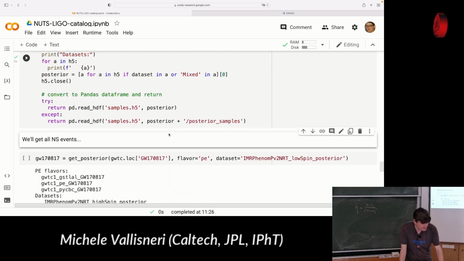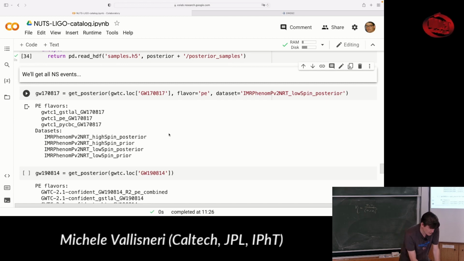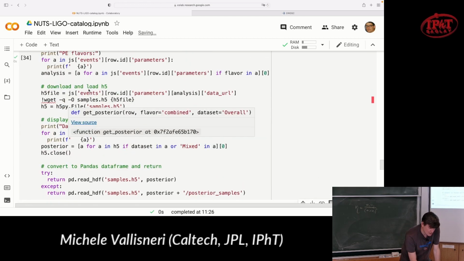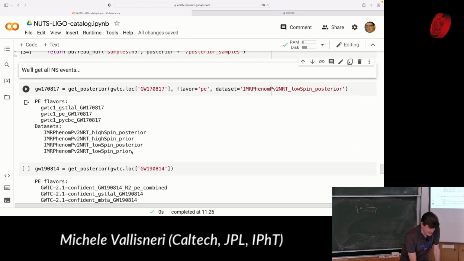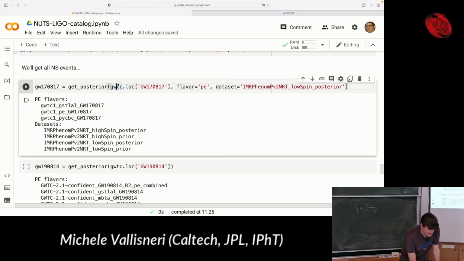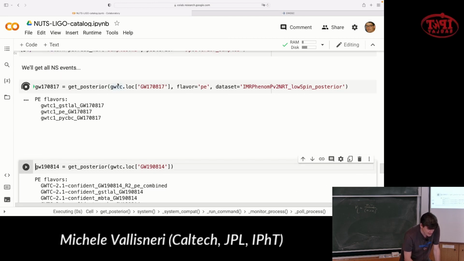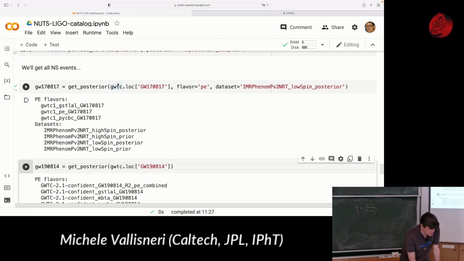LIGO did for you. The LIGO collaboration and Virgo collaboration did. And I wrote a little function that just does that, basically. It takes a little digging to find the location of these. But for instance, here I'm downloading the posterior for 170817, which was the first binary neutron star. And there are a few choices there. For instance, there are data sets for CGS-TLAO, PE, PyCBC. These are different pipelines that were used to analyze the data. I've chosen PE in this case, and PE offered also a variety of